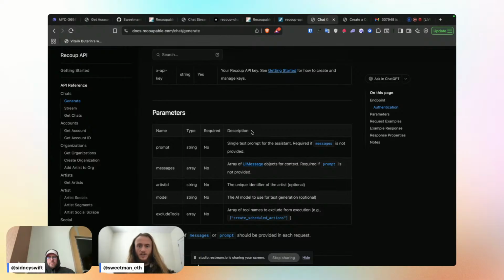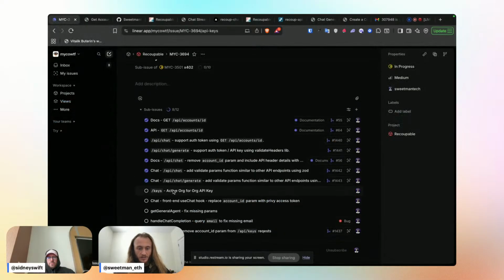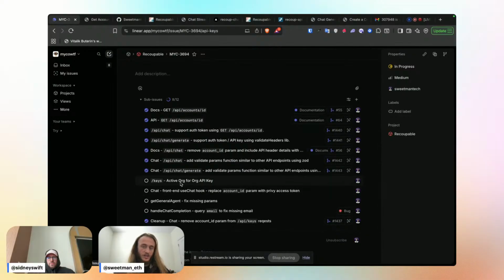The rest of this week, I've just realized that I need to allow for organizational API keys. So I'll fix that so that we can allow, if you've selected an active org when you view or create your API keys, it'll create it in the org instead of in your personal account. And so then anybody that has that org selected and goes to keys should see the same list of API keys. You can't see the key itself because after you create it, nobody has access to that except the person that created it. But anybody in the org will at least be able to see the full running list of all the API keys, just like we do when we go to OpenAI or anywhere else.